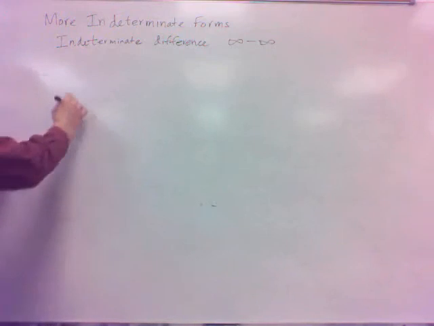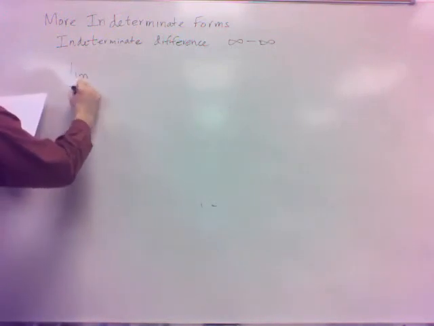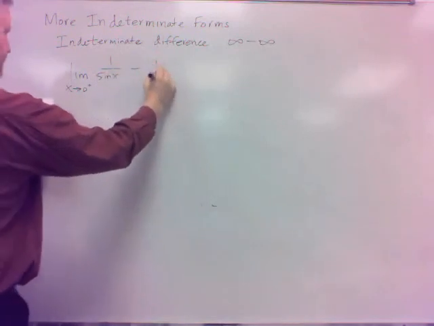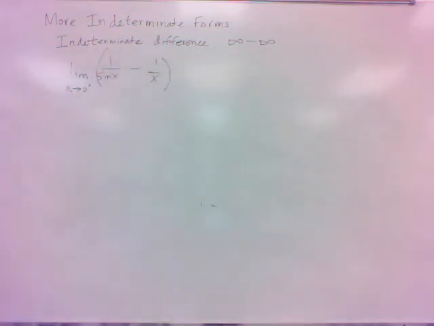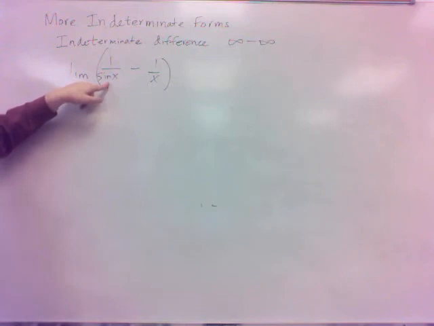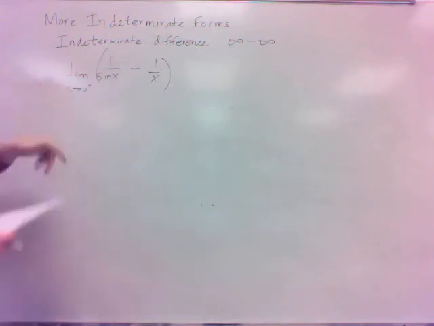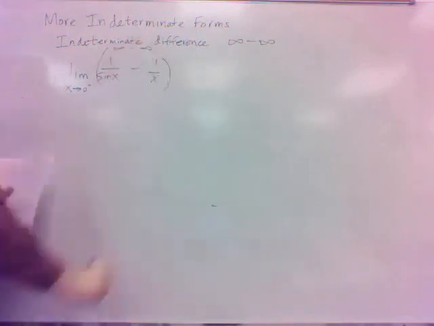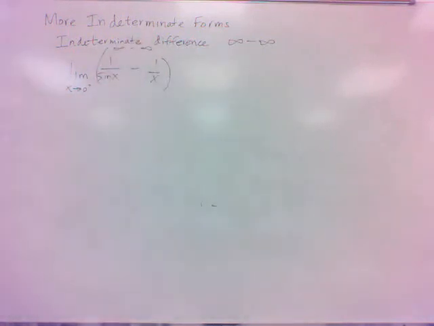Okay. Let's take a look at the limit as x approaches 0 from the right again, of 1 over sine of x minus 1 over x. Which is infinity minus infinity, isn't it? Because this is 1 divided by something going to 0, and 1 divided by something going to 0 is infinity. 1 over x, same deal. 1 divided by something going to 0, that's infinity. So this is infinity minus infinity, which might be 0, it might not be. We'll just have to see.